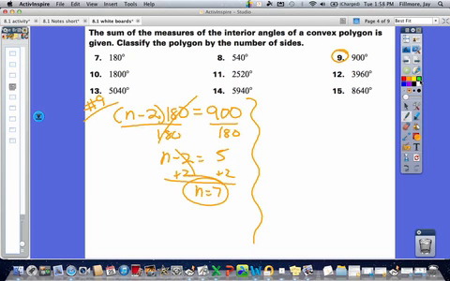If you are a person that likes to think quickly instead of having to do an equation like this, what we did was divide by 180 and then add 2. So you can always write this. For example, if I were going to do number 11, I could say (n - 2) times 180 equals 2,520, and then solve my equation for n and end up with